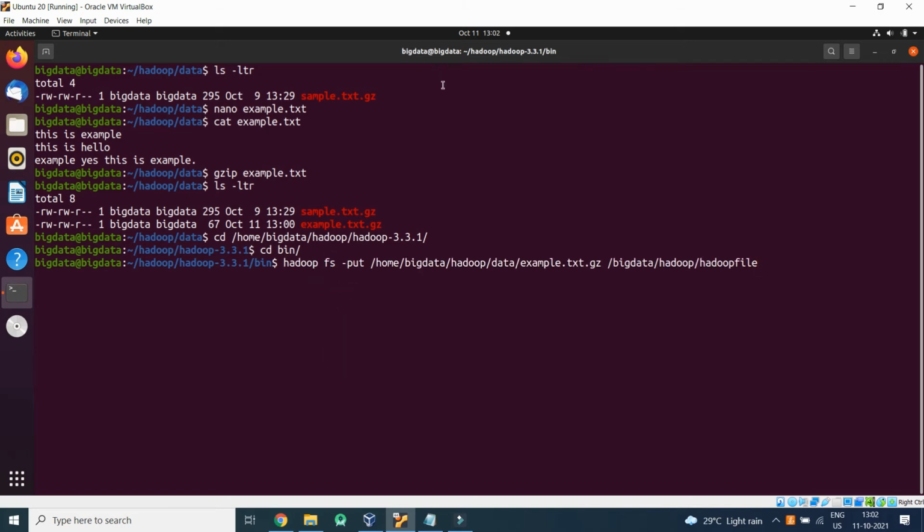So here we are creating a gz file and moving the data into the Hadoop environment. Here we will list the directory.